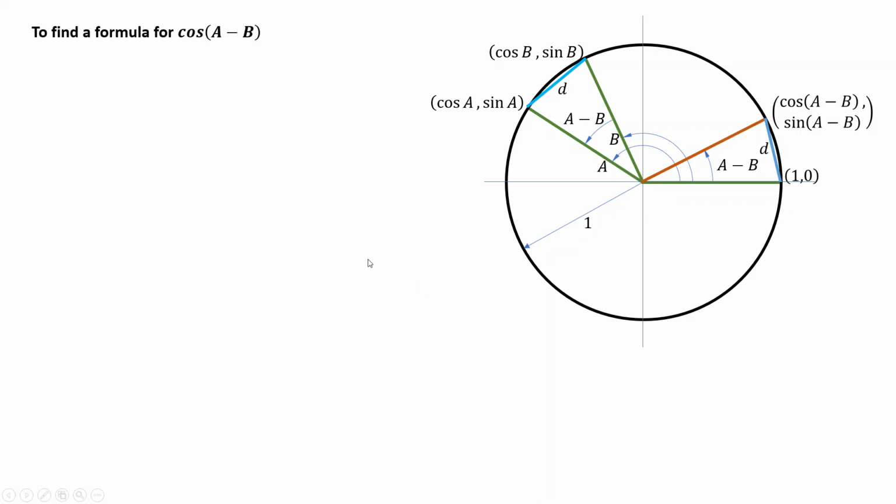Okay, let's pause for a second. What in the world are we trying to do here? We are trying to find a formula for cosine of A minus B. And to do that, we had to do all this preparatory work. Okay, we did this. Now, how in the world are we going to get the formula for cosine of A minus B from this work? And the answer is,